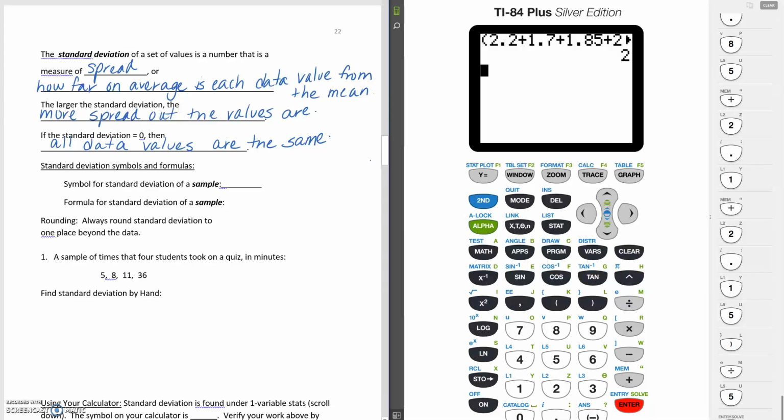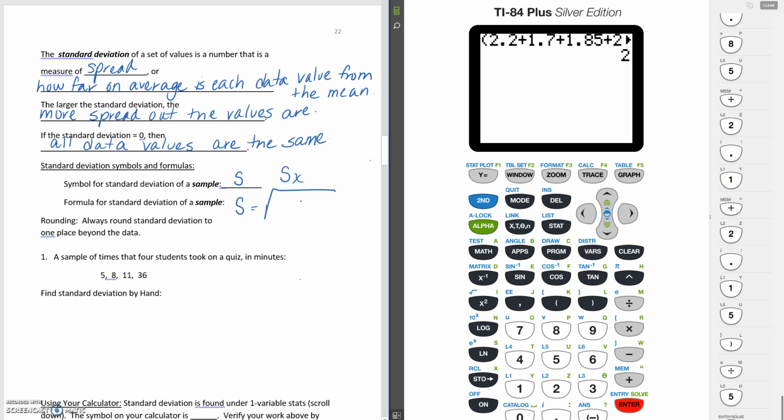Okay, so we'll also talk about the symbol. The symbol for the standard deviation of a sample is just a little s. On your calculator, you'll see this as an SX. And that's the standard deviation you're going to use the most in this class. In the formula,